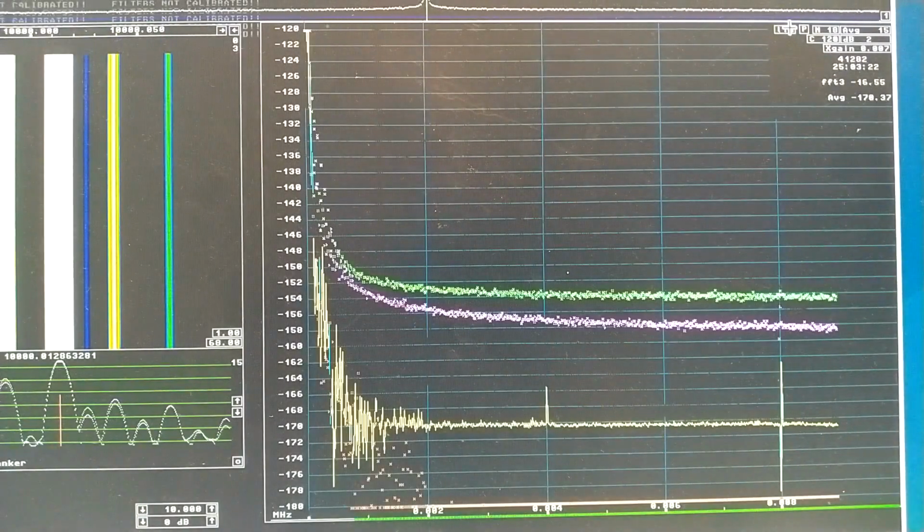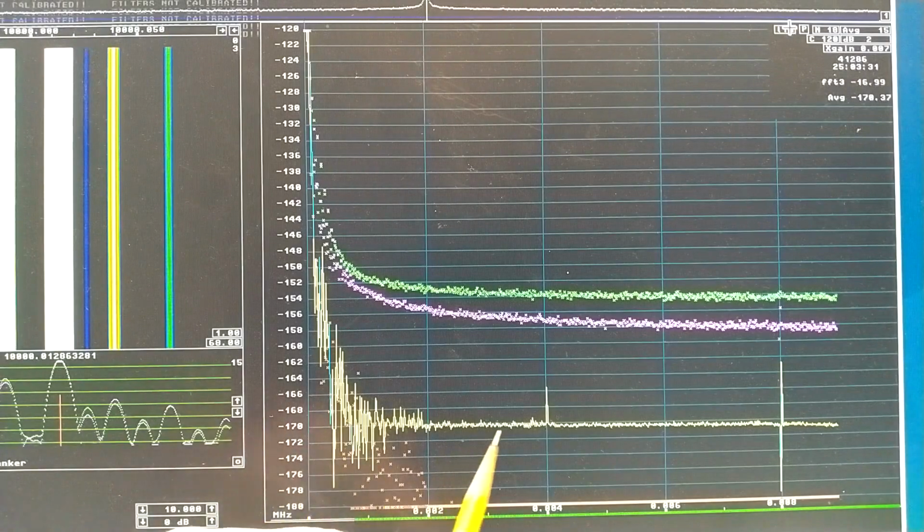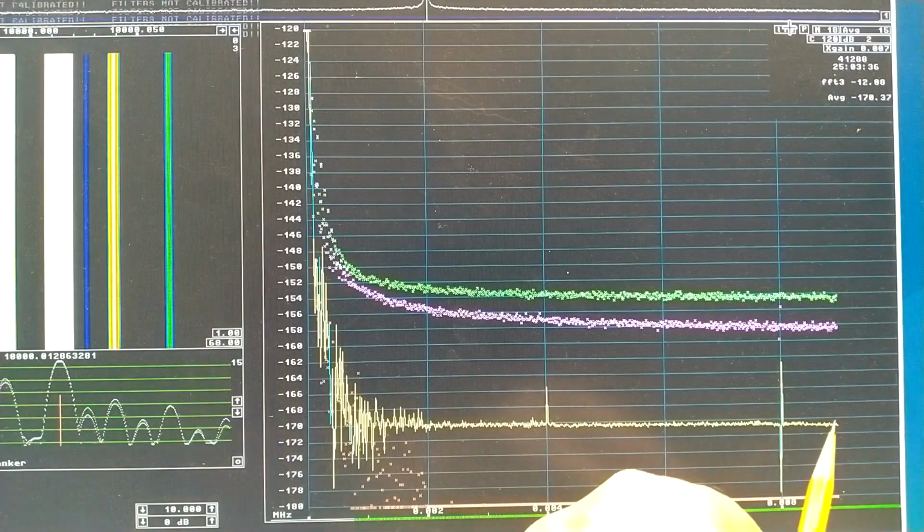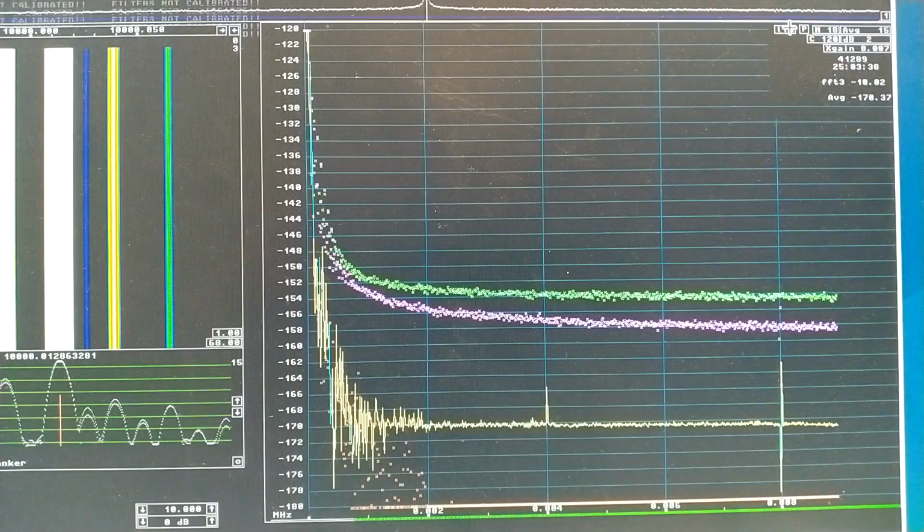And here it is in linear frequency scale. And we can see that the noise seems to be at minus 170. And it decreases a little bit when one goes further off. I also have